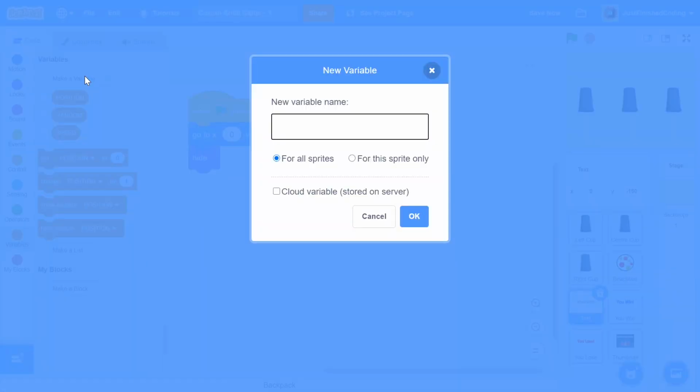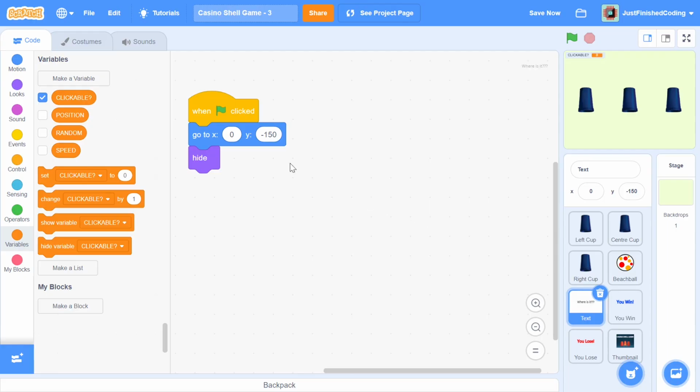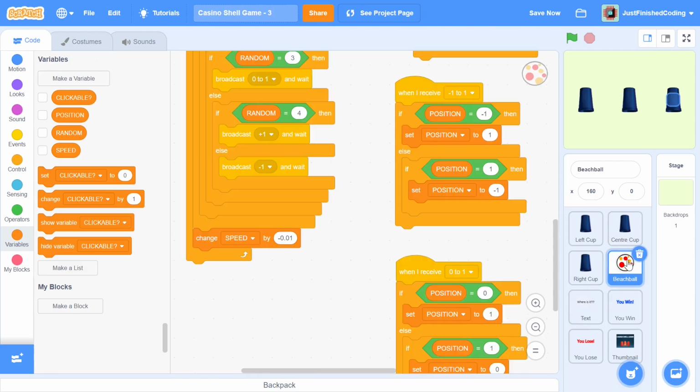This variable is going to be called clickable, followed by a question mark to indicate that it's a boolean variable and can contain only a yes or no value. So here we will set clickable to no, which means none of these squares can be touched, or rather they can be touched, but nothing's really going to happen since this variable is set to no.